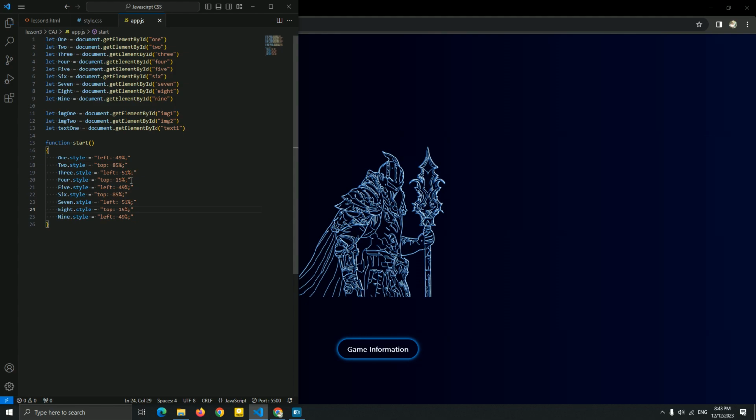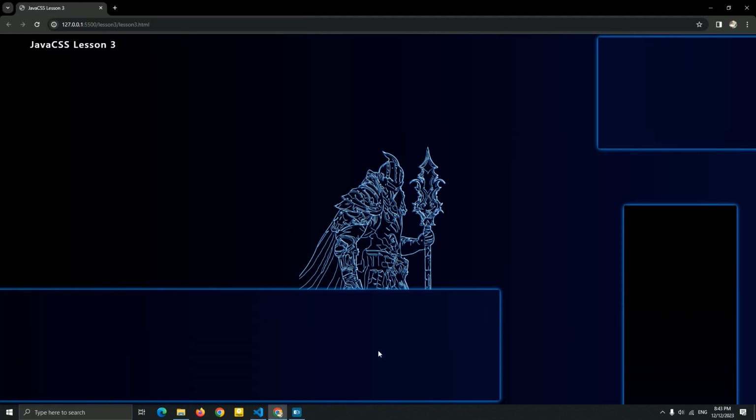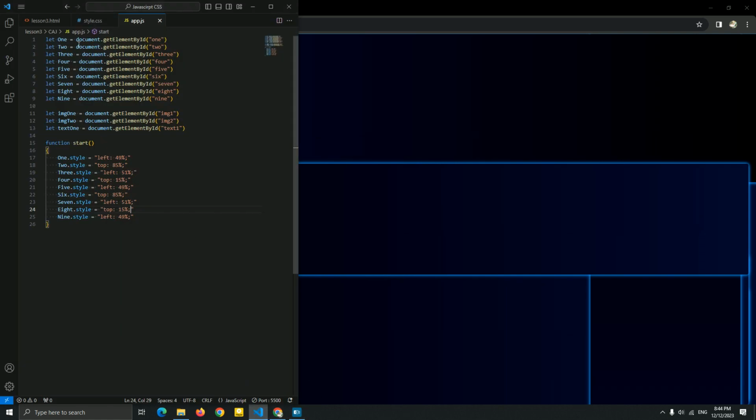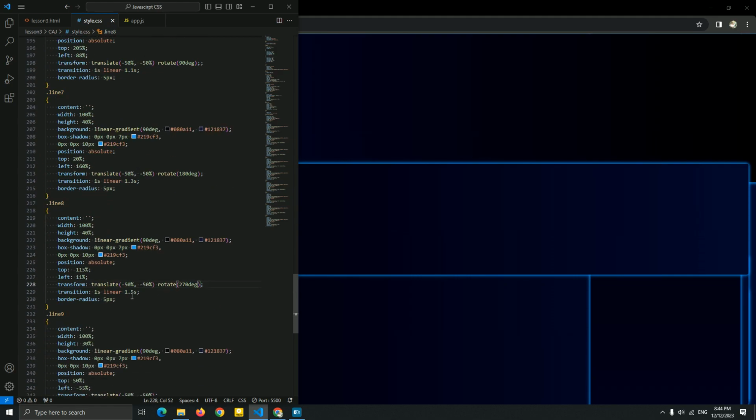Now let's see, guys. As you can see it, we just created, and this is a line 9 that we created. I'm gonna add a height for it to be a full page to see it. So what we're gonna add it here, this is a line 9 that we have. Let me just show you.